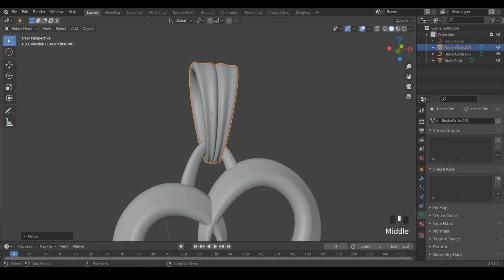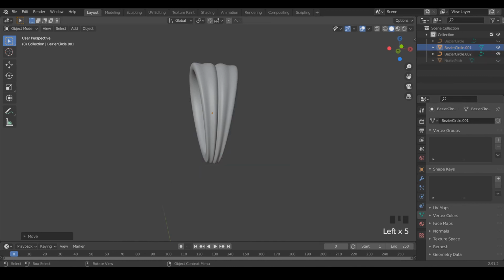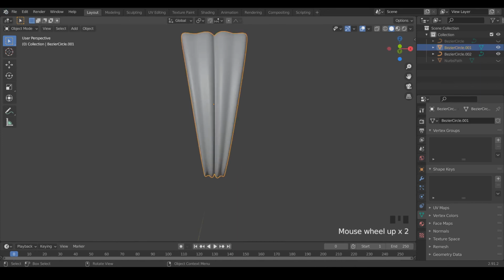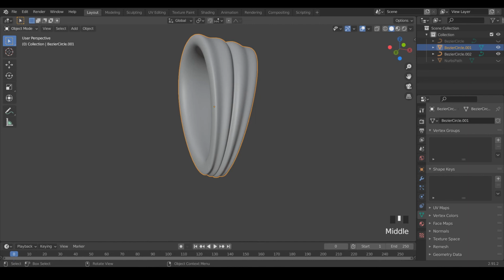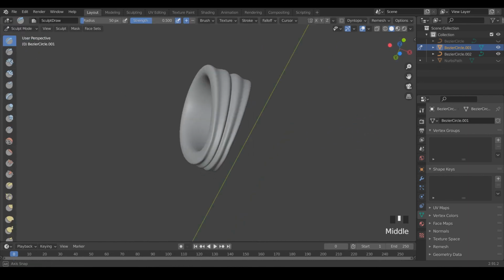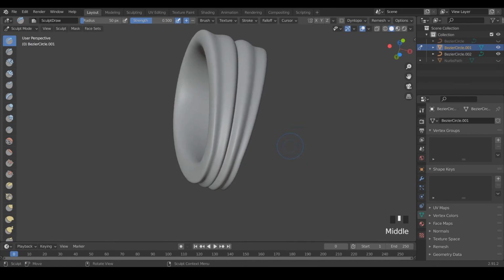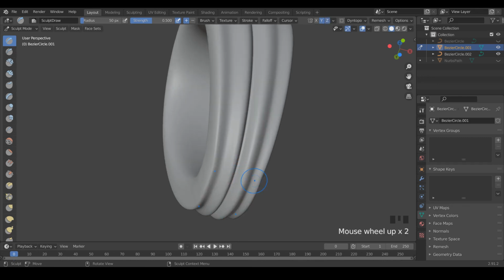Alright, so now what I want to work on is trying to smooth out some of this design at the bottom. So I'm going to hide everything else. And with our bale selected, I'm actually going to go into sculpt mode to do this. So making sure that our symmetry is selected on the Y and Z planes, things got a little flipped around because we drew this design out on a different plane.